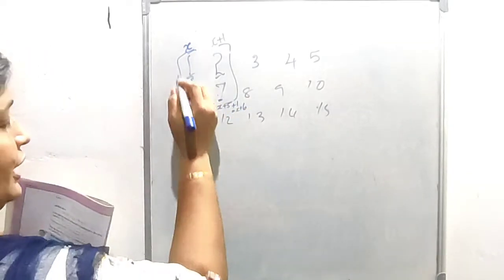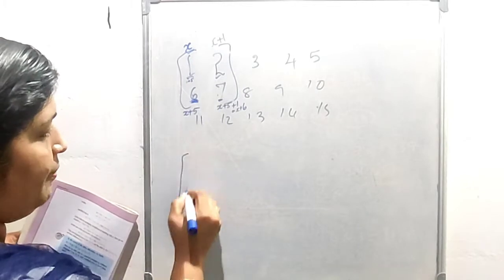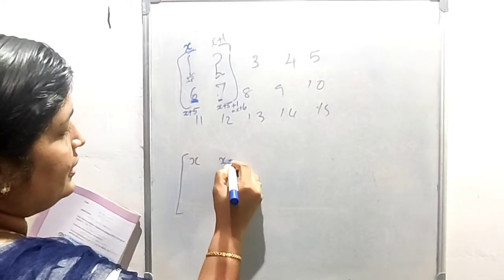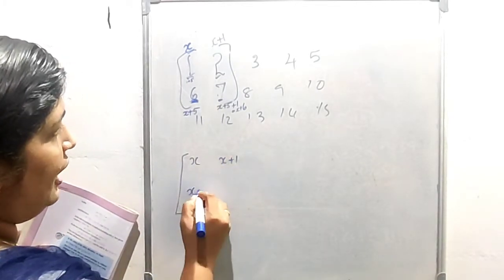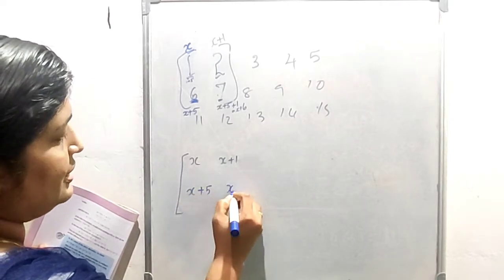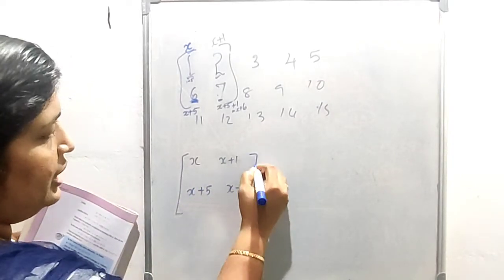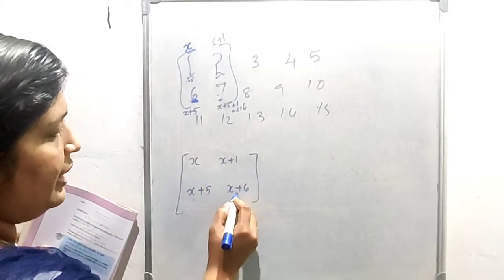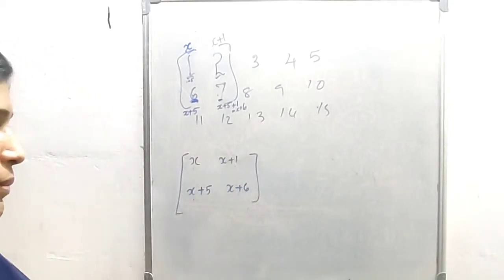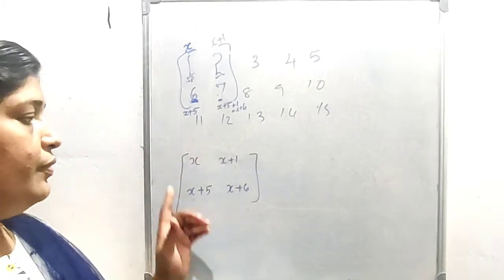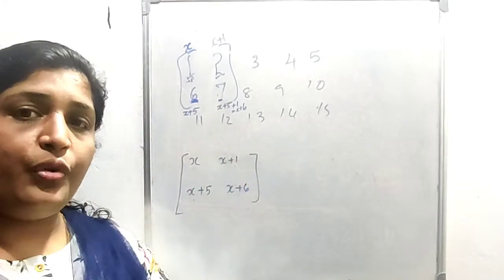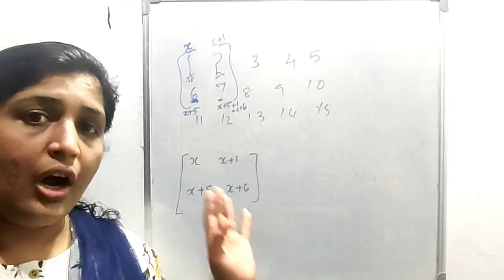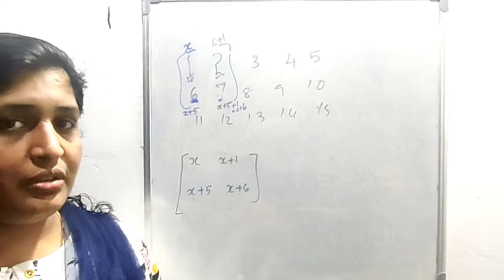Okay, so if we take a square of 4 numbers that are variables, we can write the numbers like this. Which are the numbers? x, x plus 1, x plus 5 and x plus 6 are the numbers. So here we take a general 4 numbers, and using algebra we are going to explain this.